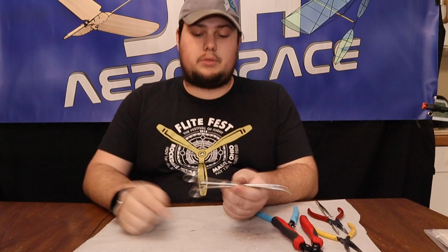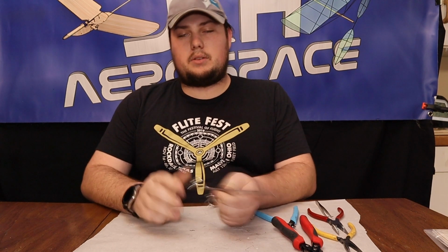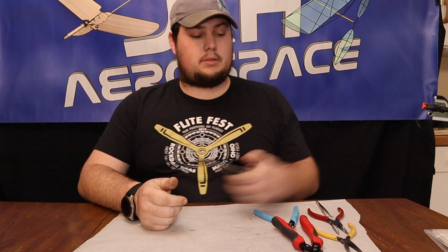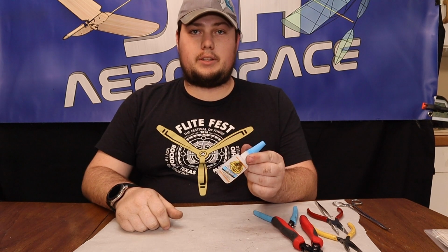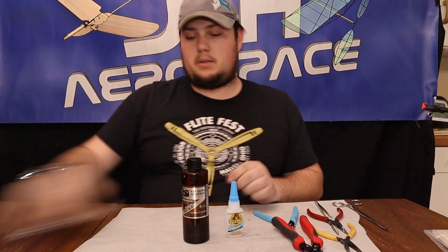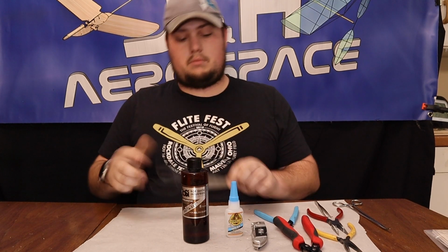Another optional good tool is hemostats. They're like a locking plier. They stay locked. Makes it a little bit easier to mess around with a few things. It's not necessarily essential, but they are nice to have. We do carry these on the store now. Of course, your Gorilla Glue, absolutely a must. Your accelerator, handy dandy pocket knife, a pair of scissors for your heat shrink,